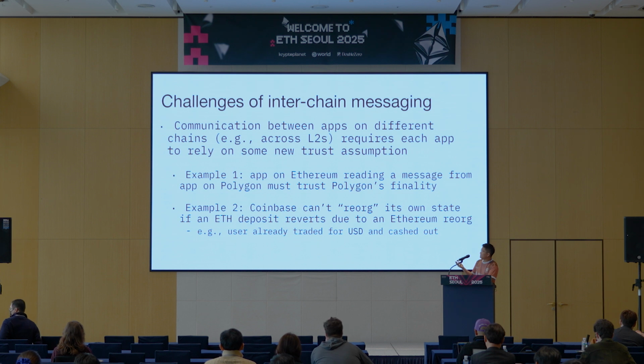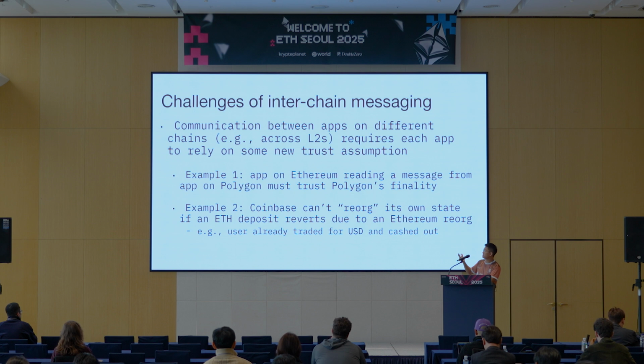So yeah, like I said, exchanges and all apps really need to be certain that a transaction is final. If they allow a transaction to be considered final, but then the transaction actually is reverted, again, that's billions and billions of dollars of losses, right? In the exchange case, if you deposit into Coinbase, then the rollup reverts the state, but the user has already deposited and sold it all into USDC and then withdrawn it. That's a disaster for the exchange. That can be billions and billions of dollars. The same applies for any bridging app on Ethereum or the rollups.